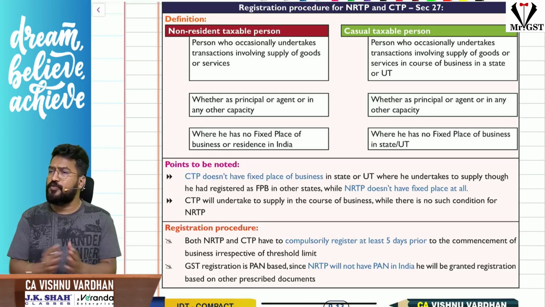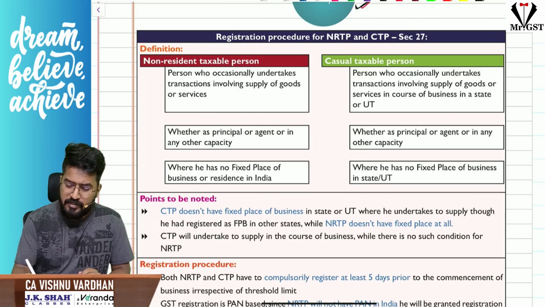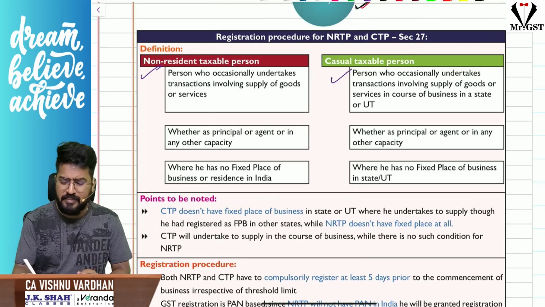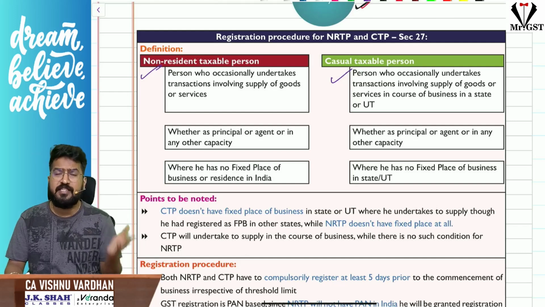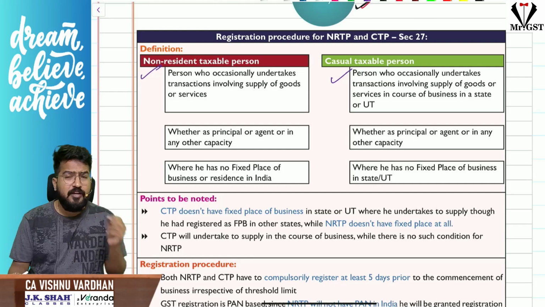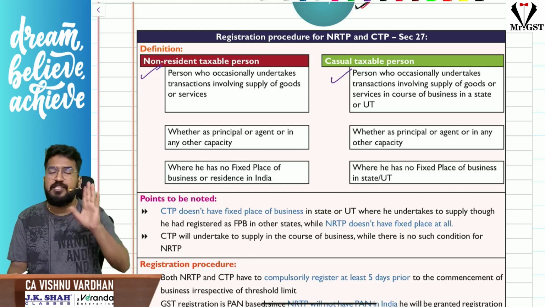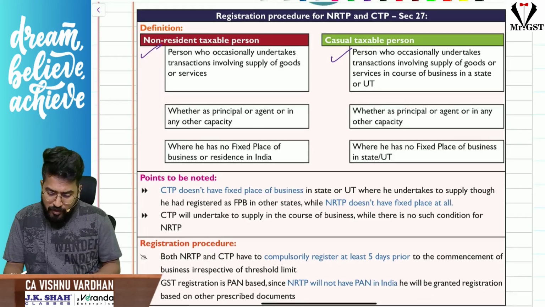The next one, if you see, is the special procedure for registration for NRTPs and CTPs. We already know the meaning of NRTP and CTP. A non-resident taxable person is one who doesn't have any fixed place of business or fixed place of residence anywhere in India. But a CTP, or casual taxable person, is a person who doesn't have any fixed place of business in the state from which he is making the supply. So CTP and NRTP, we already have the idea. Now coming to the point, sir,